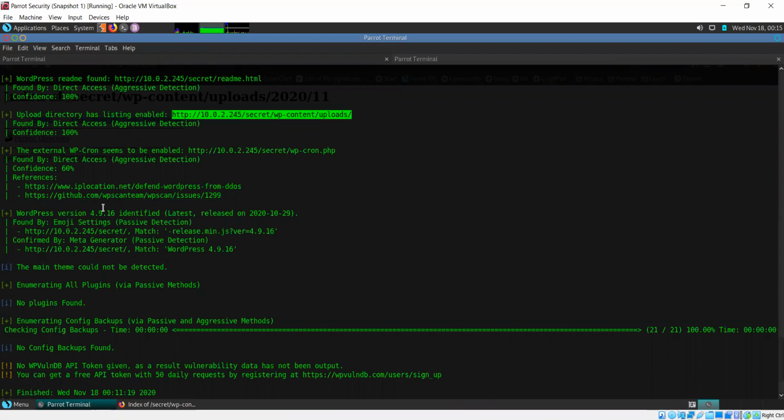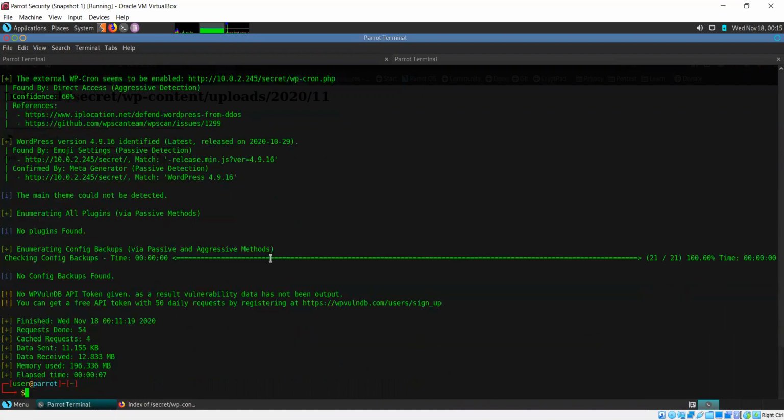WordPress version identified. Okay, main theme could not be detected. Enumerating plugins, no plugins found. No config backups found. Okay.